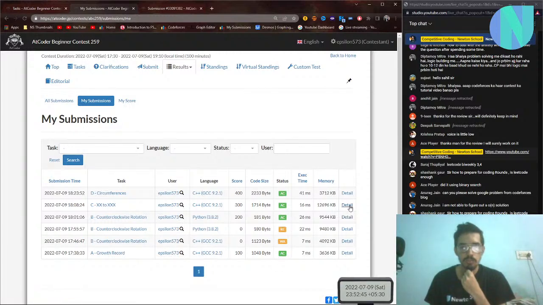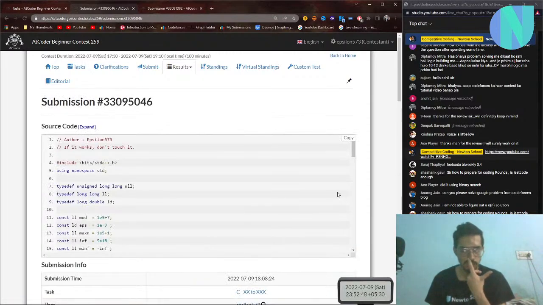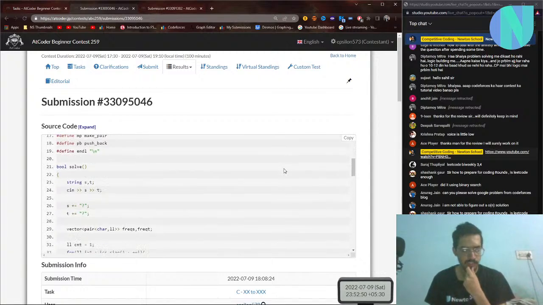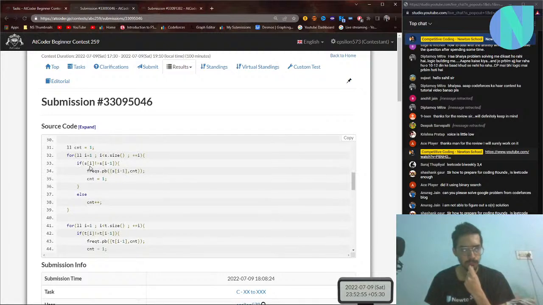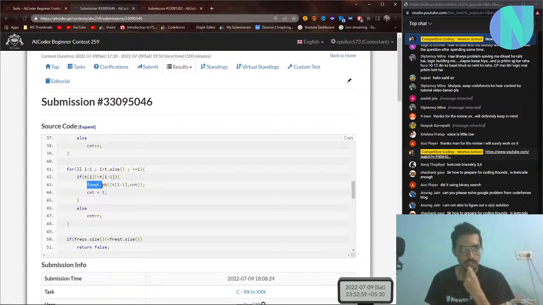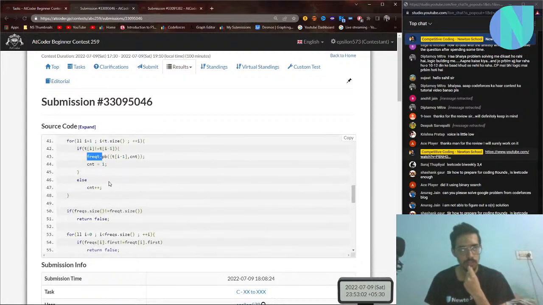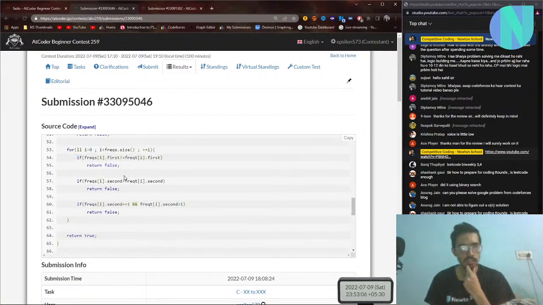And in the third problem, it was nothing, you just had to keep count of frequency, right? So keep track of the frequency of every letter in string s and string t, then just compare the strings. That is, if the frequency of s[i] is not equal to the frequency of t[i], that is the letters are not similar, then the answer is false.